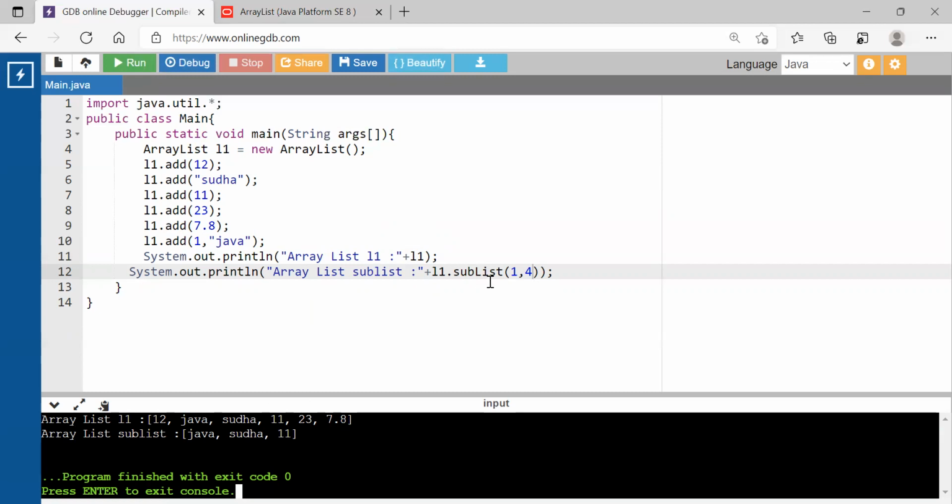I wanted the subList from 1, and at index 1 there is Java, so Java is in the output. I want till 4, that is 1, 2, 3, and 4, where 4 is 23. So you'll get till 4 minus 1, that is 3. From 1 till 3, all the elements will be seen in the output. So this is regarding the subList.